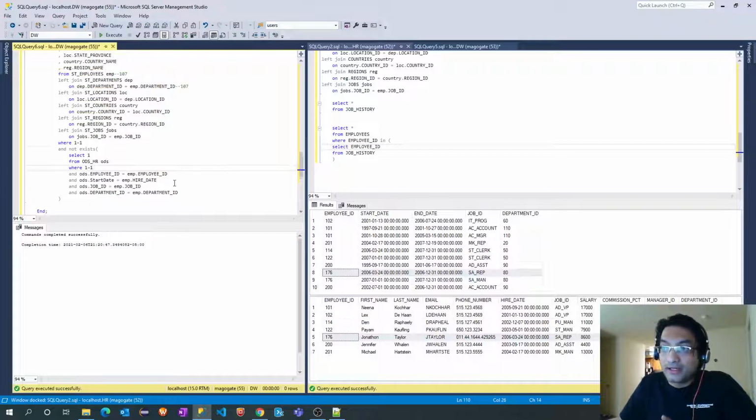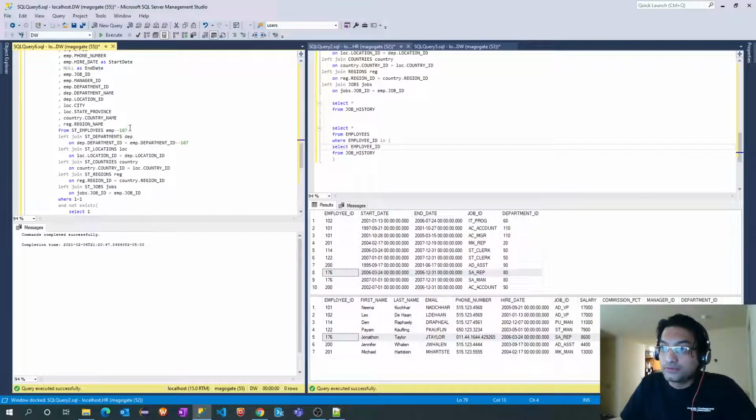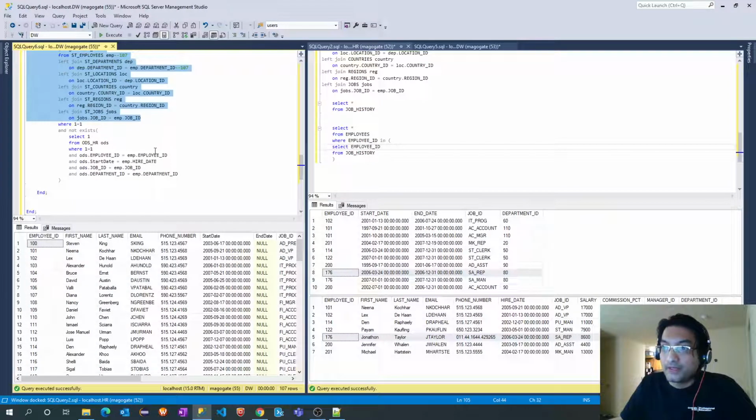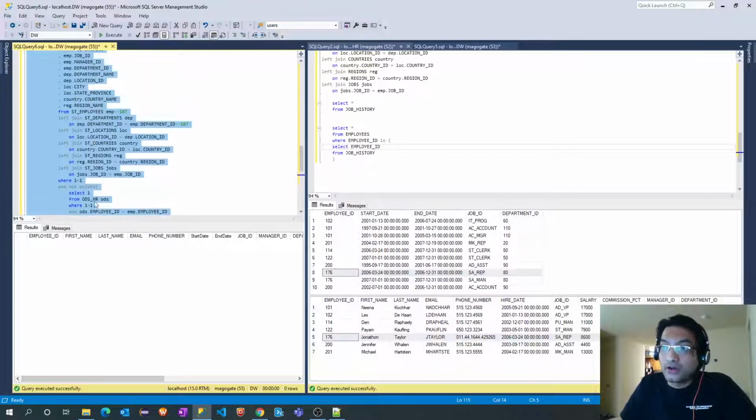All right, so I have added all these four conditions. Now if I execute this statement alone, it will give me 107 records. But if I execute with not exists, it won't give me any records because those records already exist.